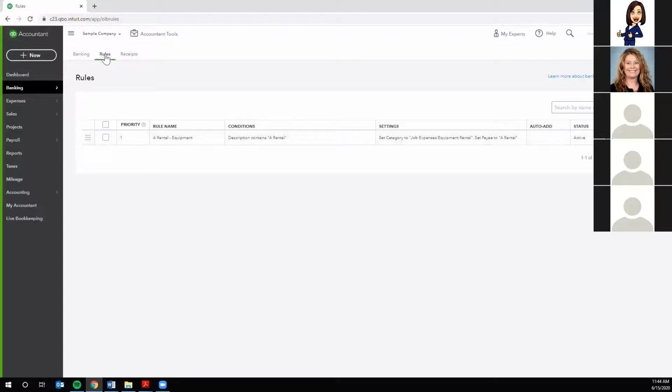You can also click on rules under the banking from the left nav, and you can at any time go in and create new rules in the upper right hand corner here. Under the gear,